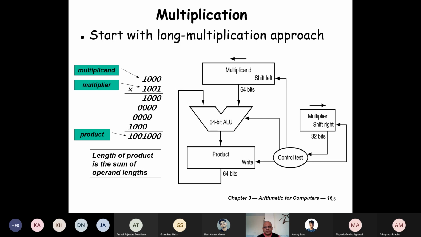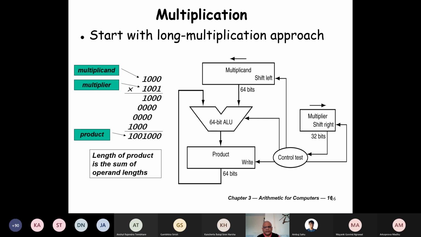So if we understood that algorithm, then our work is simple. We keep the multiplicand on the 32 least significant bits on the right side of this 64-bit register, and we make the product 0. We keep the multiplier here in this register, and in each clock cycle we do the following things.